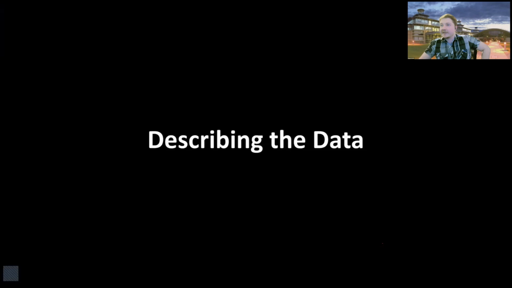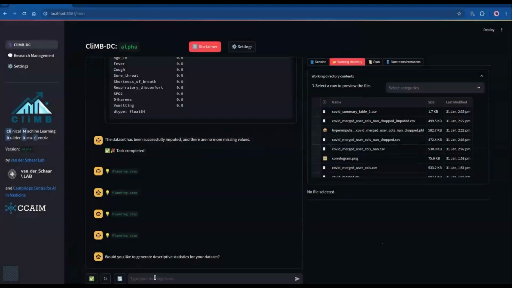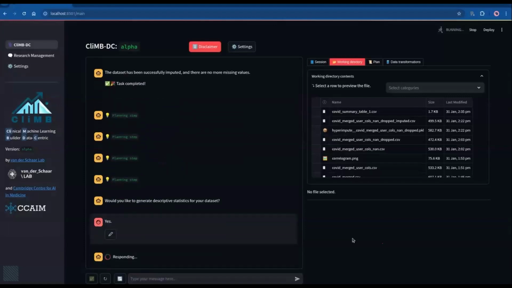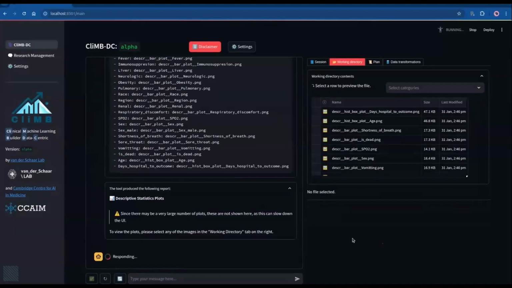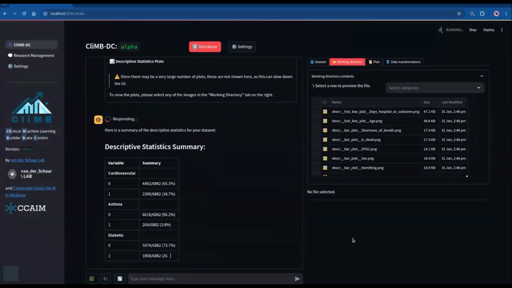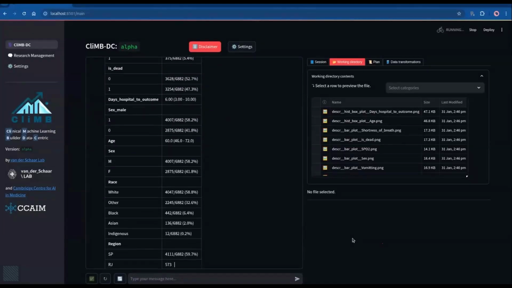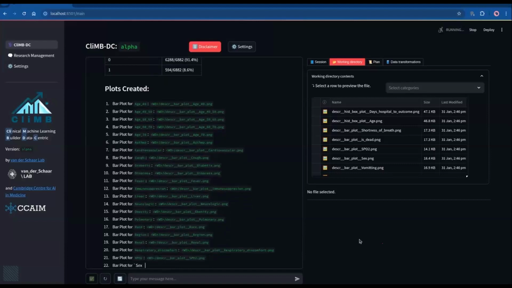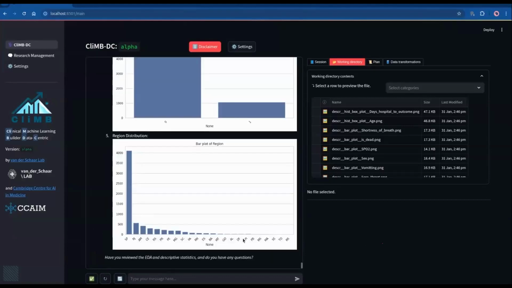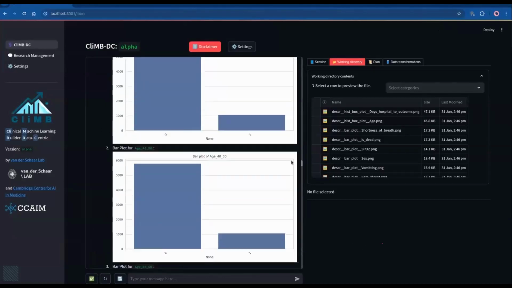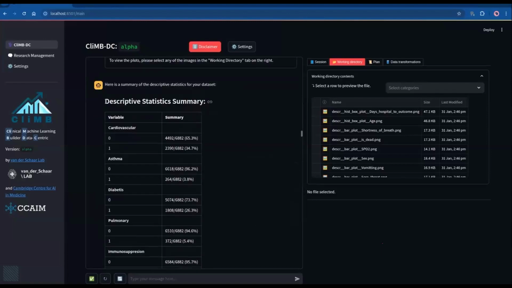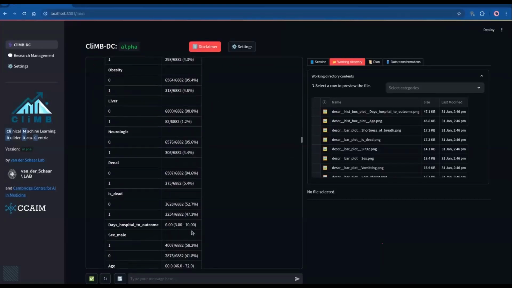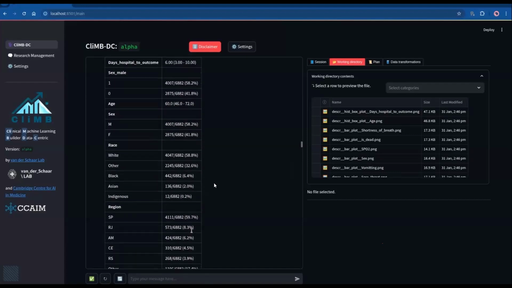Thank you, Anders. That's fantastic. Well, the next thing would be more about describing the data and really learning more about our data. So there's a step called descriptive statistics. And we can see here that the CLIMB system has immediately started making the so-called Table 1 for us. And not just that, it will, of course, produce all the standard distribution diagrams for each of the different features. So this right here, you can see is a classic Table 1 type description of the data.